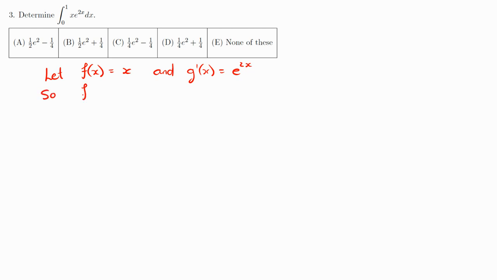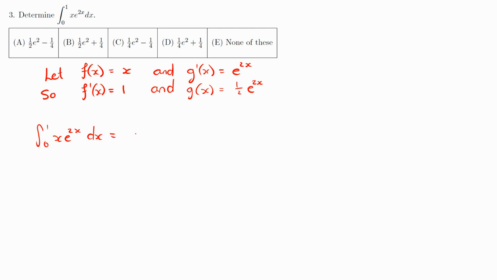So f dash x will be equal to 1 and g of x will be equal to a half e to the power 2x. So we integrate to get this part. And remember to divide by this 2, this differentiator. Cool. So now we have this, and now we can basically rewrite this integral